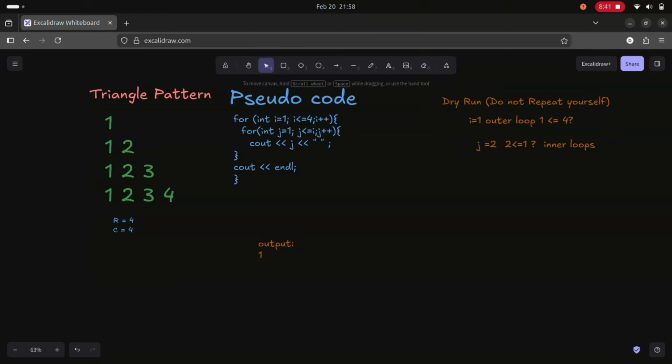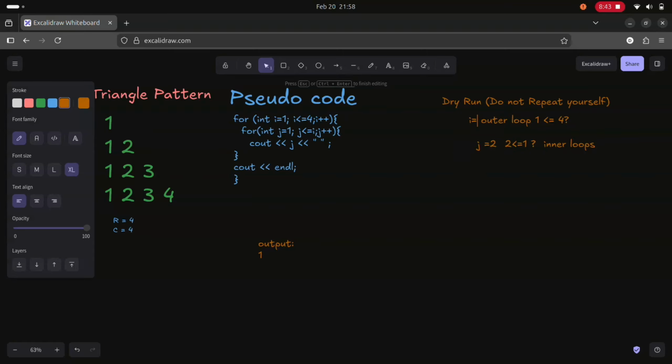Since the outer loop is finished running, our value will be incremented by 1 for the value of i, and then that is going to be 2, and it's going to test again, is 2 less than equals 4? Yeah, that is right. If that's right, then the outer loop will go inside the another inner loop for the value 2. Okay,